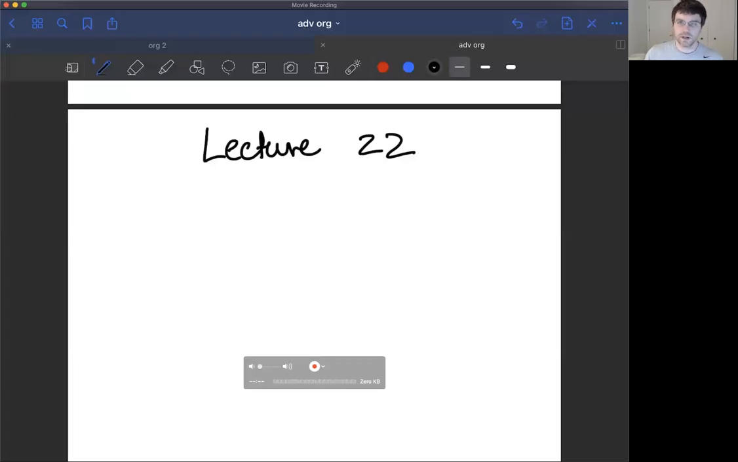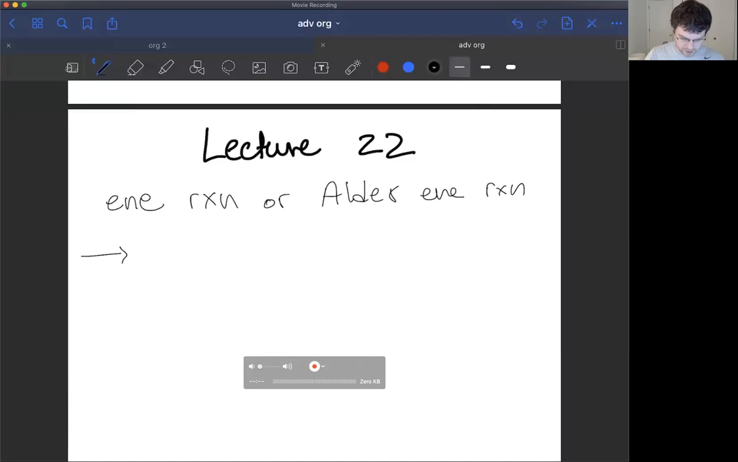So in this lecture, we're going to look at another pericyclic reaction. This one's called the Ene reaction or the Alder-Ene reaction. So Alder of the Diels-Alder fame. And so this is a 6-atom pericyclic reaction,